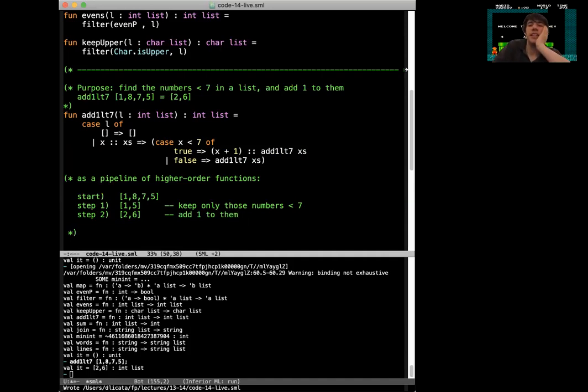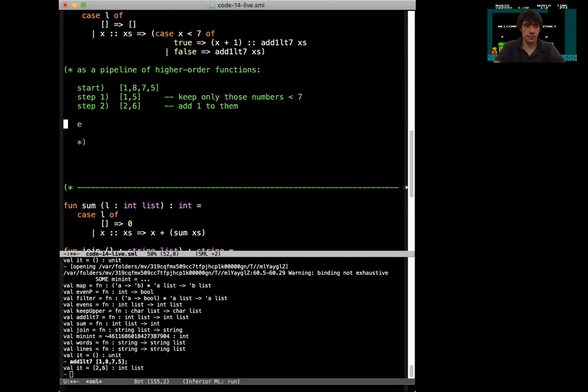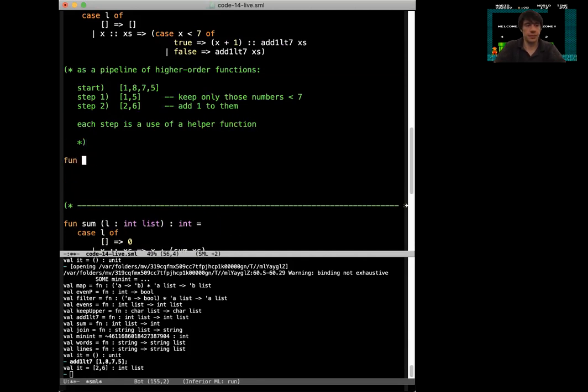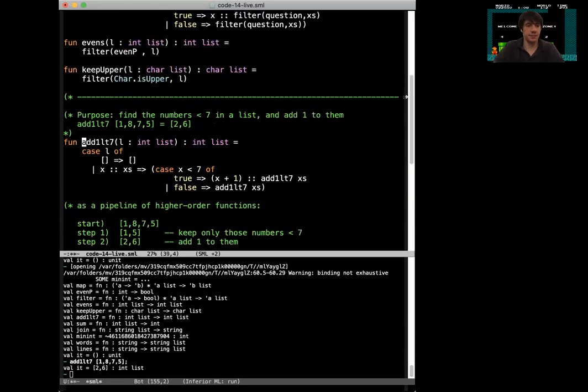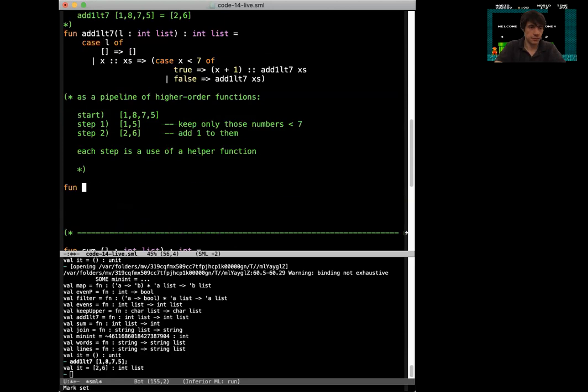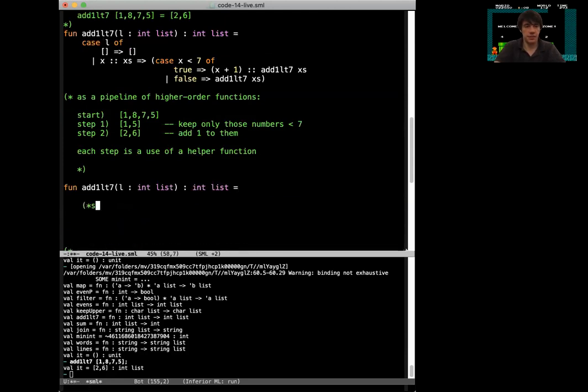So a good way to think about designing these kinds of pipeline examples is you take a specific example and work through the steps of what you might do. And so the idea is that each step makes use of a helper function. If I'm going to define this as a pipeline, then I'm given L, and I think about how to do step 1. Well, step 1 said to keep those numbers less than 7, and then I think about the higher order